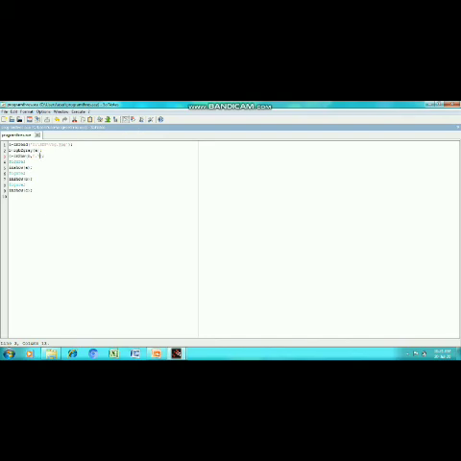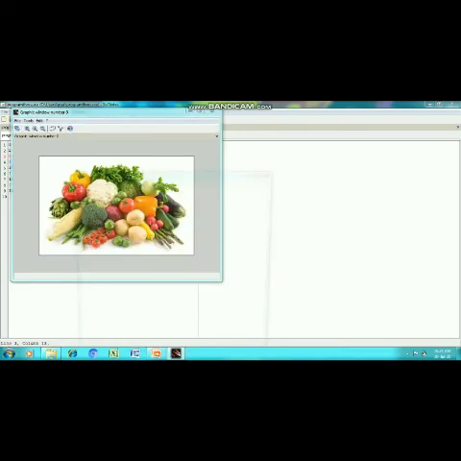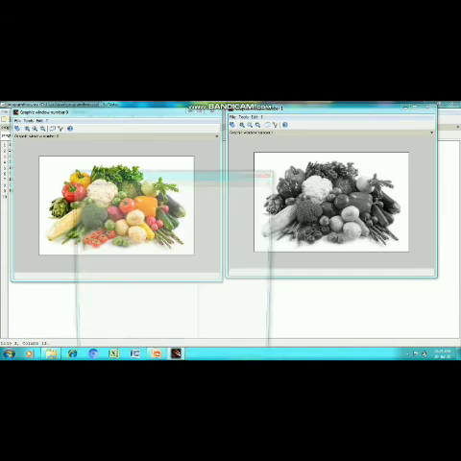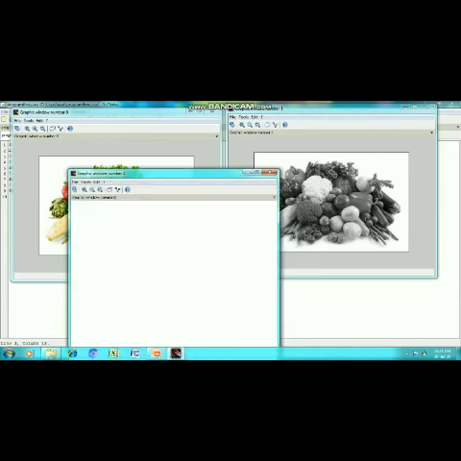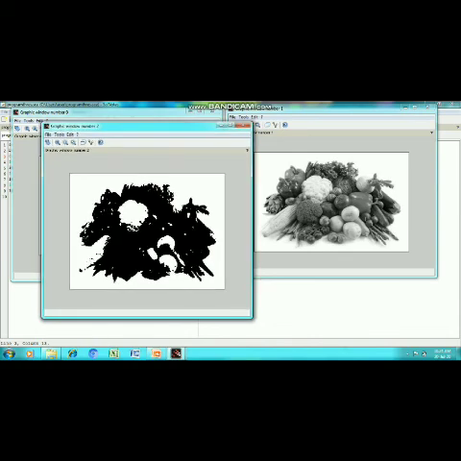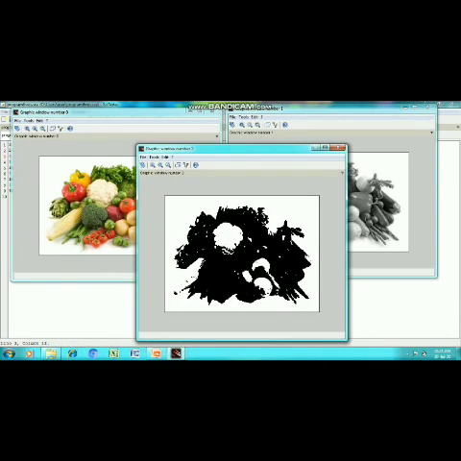More portion of the image will be black. Okay, see here, like this. So basically it converts the image to a binary image.